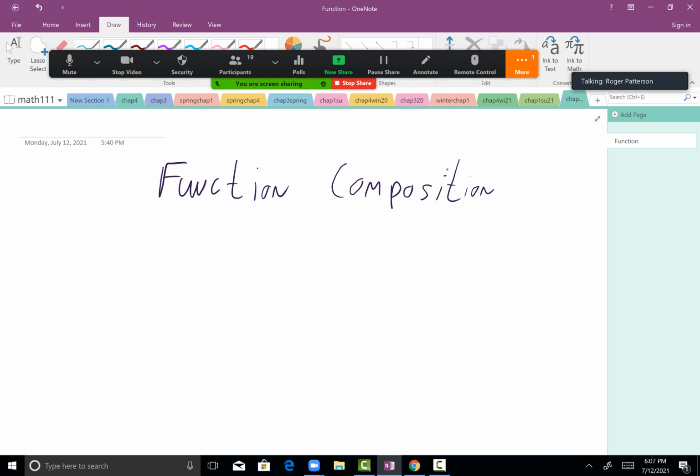Now, I want to just kind of work with this a little bit to try to set up what function composition is about. Okay, it's a little hokey, but I'm going to work with it. So, some of you might have some chickens and you're raising chickens, and they produce eggs and maybe you sell them, right? So, let's say that the eggs that I get,